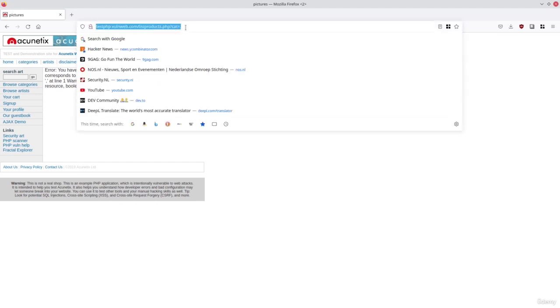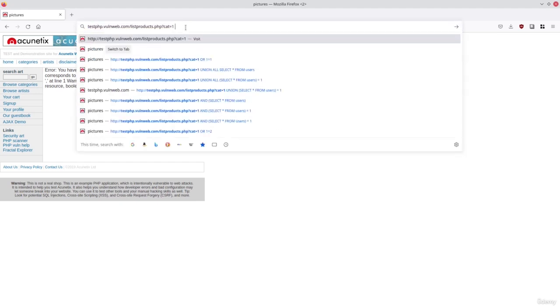You can also mess around with SQL queries in here. So for example, with a SQL database, which is what most of the web uses, all of the data is stored into tables. And we can try to fetch the table names. So let's say we have categories 1, and then we type the SQL language command